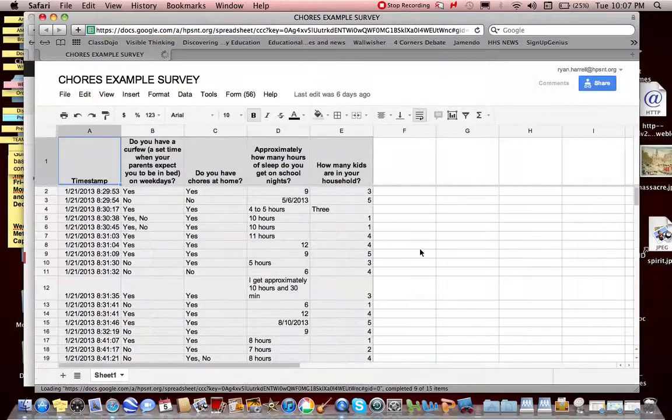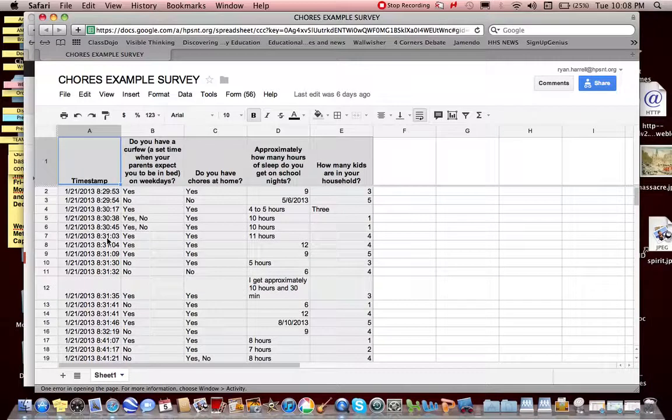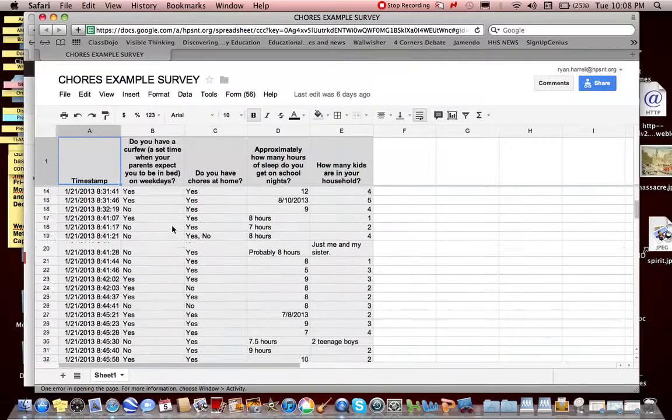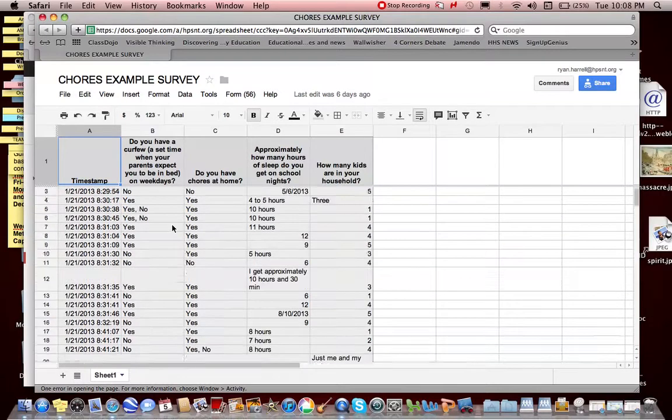Here's mine. And a couple things for you to notice. First of all, it's got a timestamp. You can ignore that. That just tells you when the data was collected. Not really necessary for what we're doing here. Secondly, you can see that I have some really bizarre answers here. Now, some of these I can work out on my own. For instance,